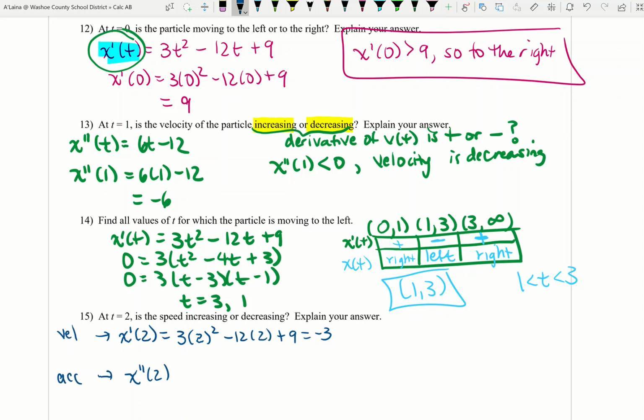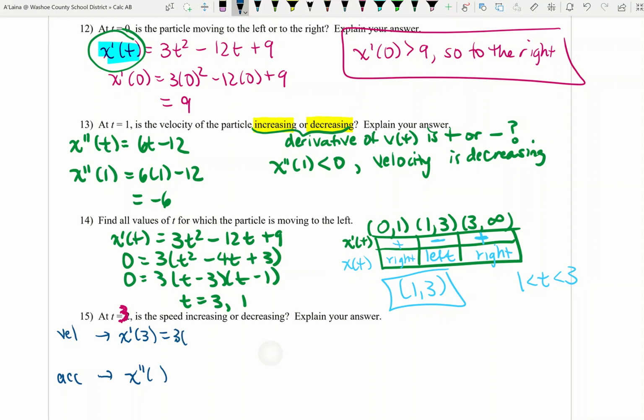And then if I check the second derivative at 2, let's see, I would get, oh, you know what? I remember I wanted to change this problem. Can we change this to 3? Because this question ends up not being a very interesting one because we end up with an acceleration that's 0, so it's not increasing or decreasing. Let's change it to a more interesting time where we can maybe find something more useful. If we use 3,